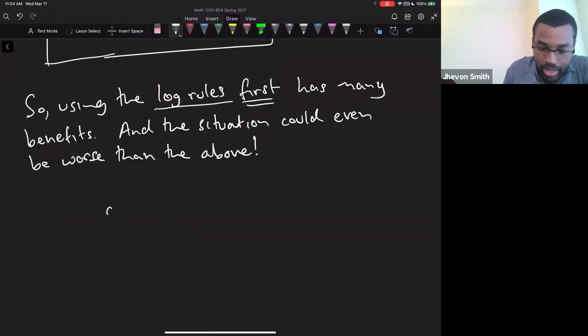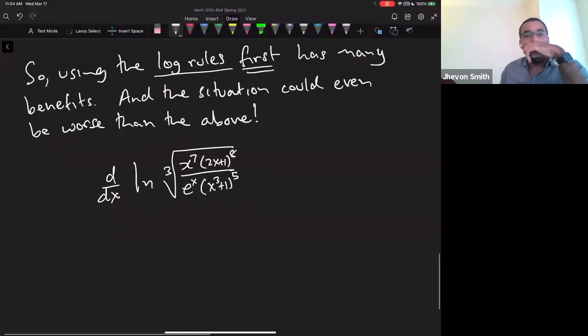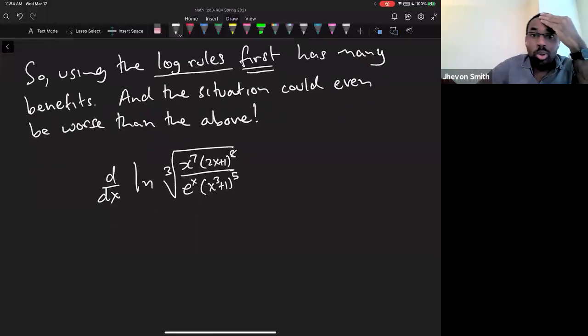So for example, I could ask you, what is the derivative of ln of the cube root of x to the 7 times 2x plus 1 to the 8th over e to the x times x cubed plus 1 to the 5th, right? Now, if you go into that with the whole, oh, I'm just going to do that u prime over u mentality,